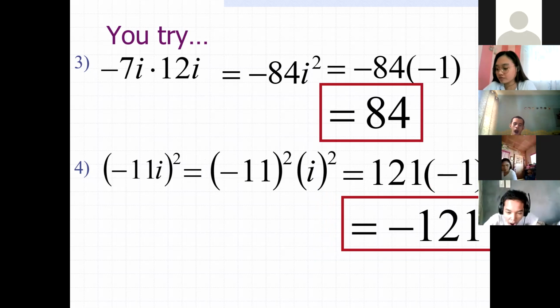Please be careful with problems like these, class. What you'll have to do is simply show the solution. Show it to yourself, not to Sir Jet, of course, so that you'll be guided. But if you are already a master of it, you can just multiply it in your mind and simplify it without showing a solution.